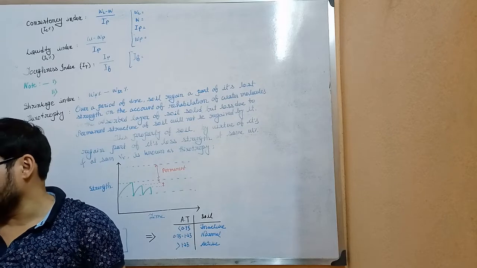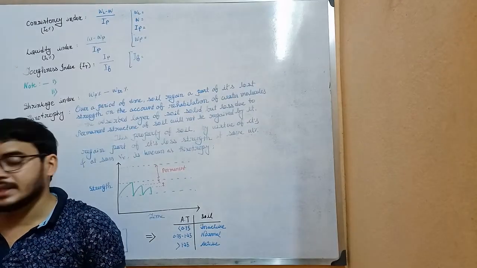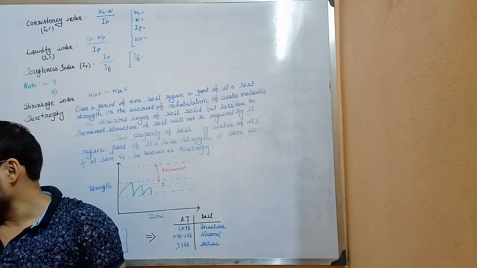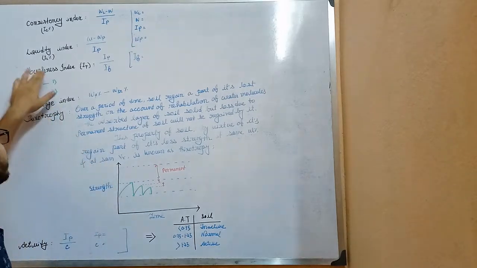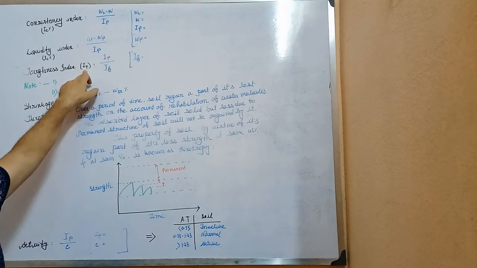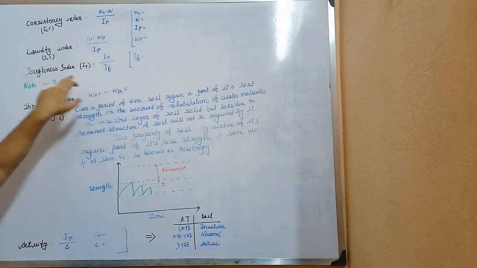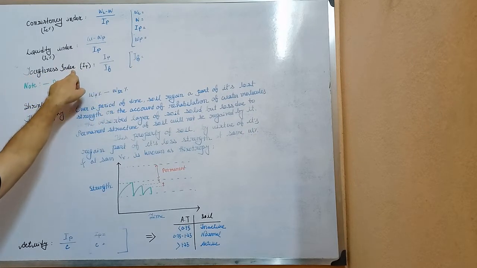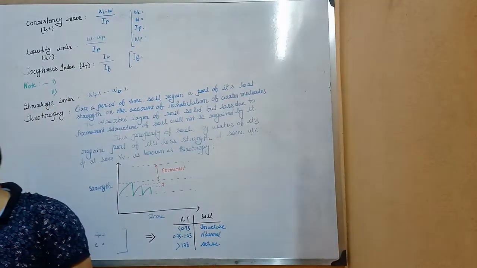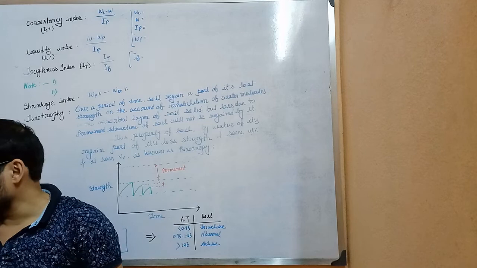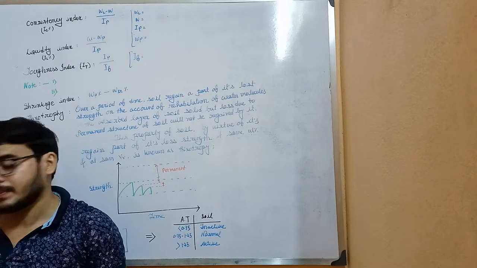If for any soil its value is less than 1, that means its toughness index is very low and the soil is easily crushable at its plastic limit. And note 2: the shear strength of soil at its plastic limit is approximately 100% more than